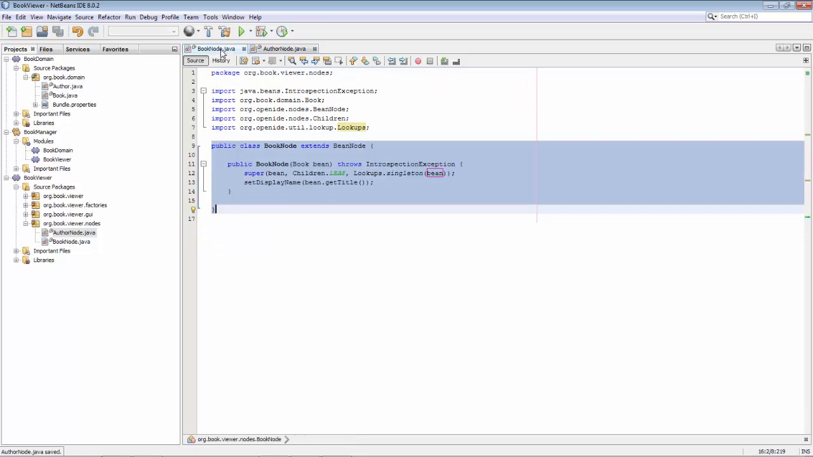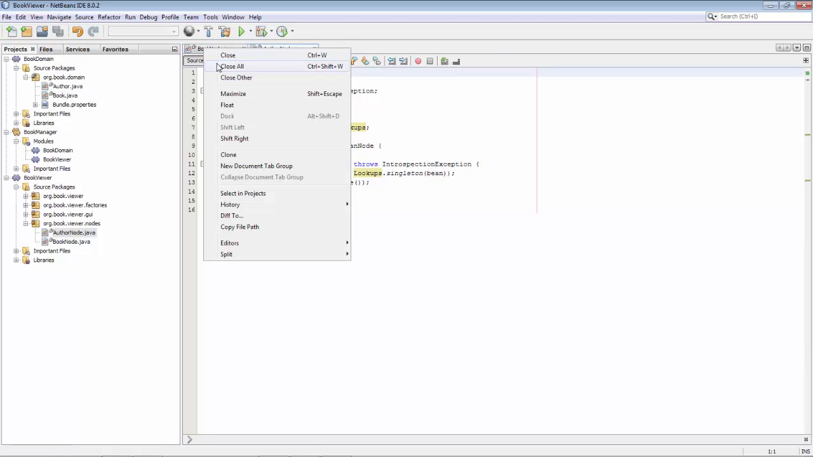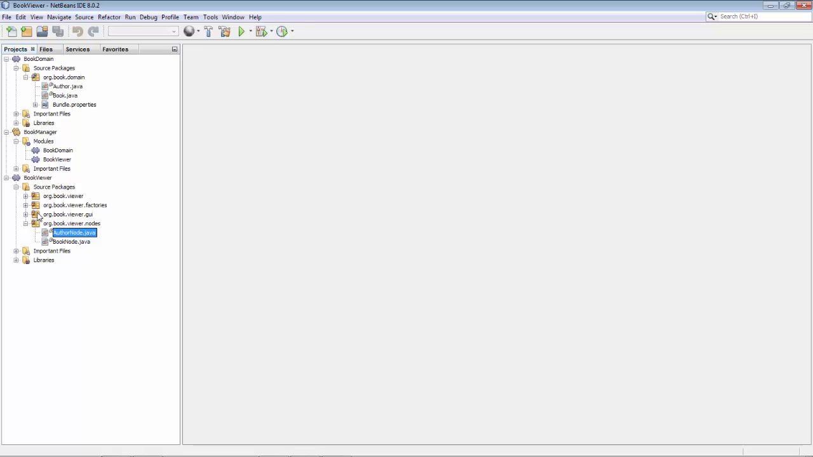So AuthorNode and BookNode are done, and both of them publish their underlying object into the context of the node, which will make it available to the window and which will make it available to the whole application. Now we will go to the